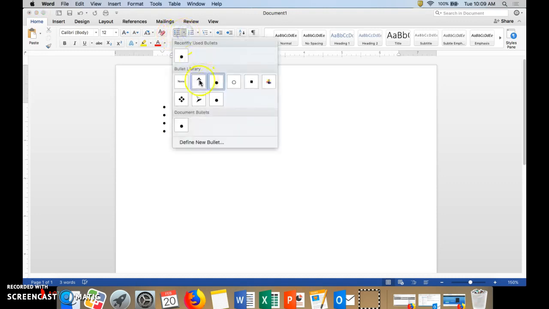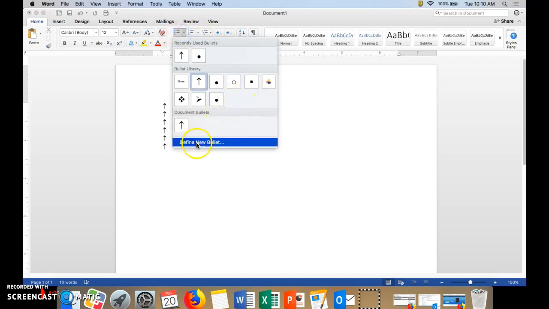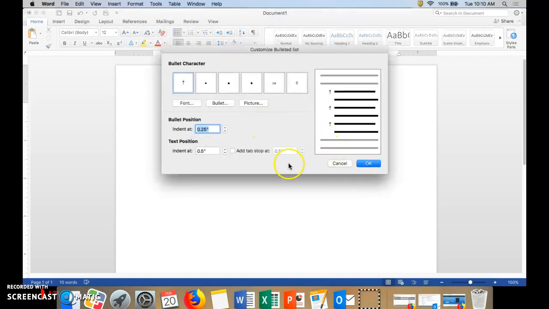But if you want to do a custom bullet, you can just click here in your bullet library, and then look, it changes the bullets to little arrows. Okay, boom, boom, boom, boom. But if you wanted to make it anything you want under the sun, you can go to define new bullet. And then you want to click on bullet,